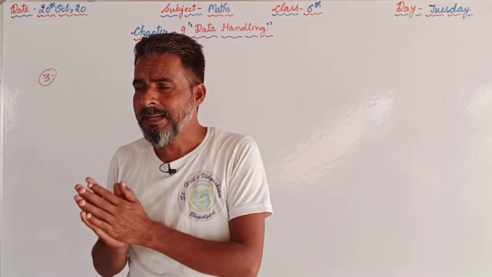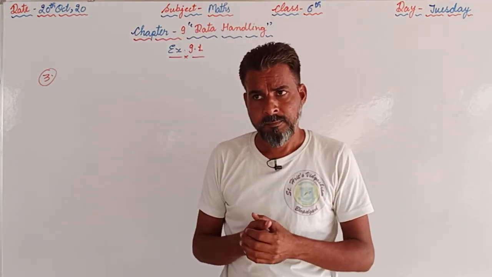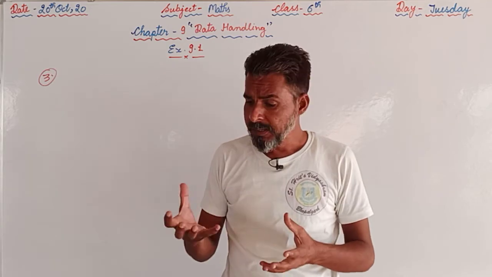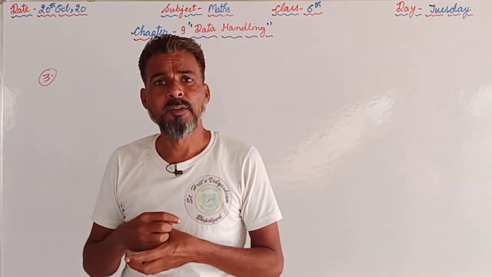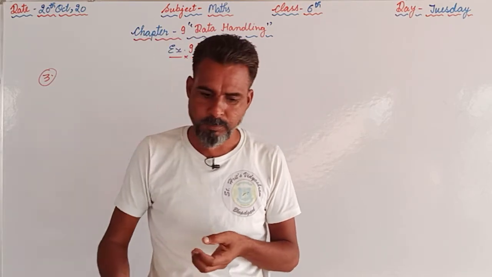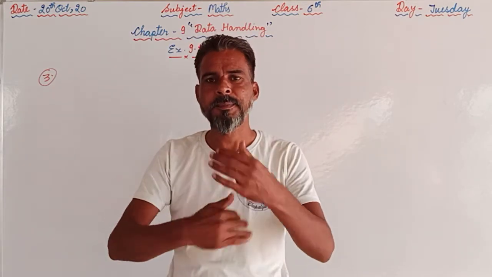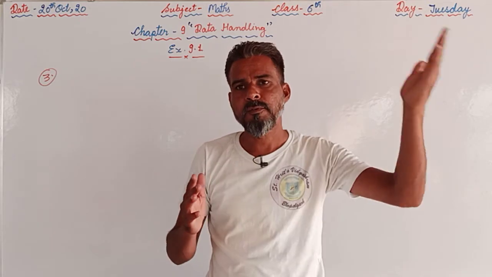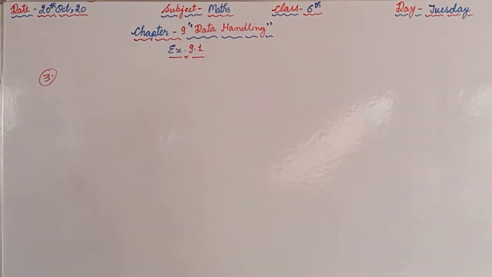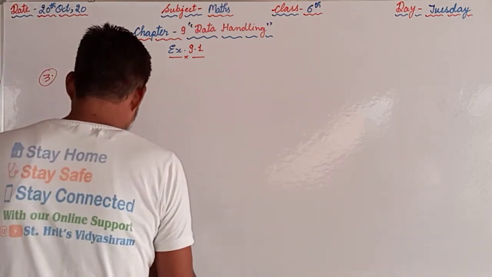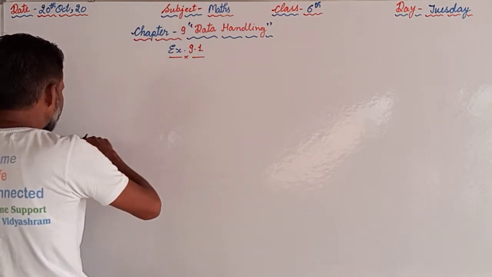So Catherine was playing with a die, the die we use while playing Ludo and snake and ladder. We throw that die and the number that appears is from 1 to 6. The numbers which appeared are also given, and she threw the die 40 times. So the numbers are from 1 to 6, and we will prepare the table for that.